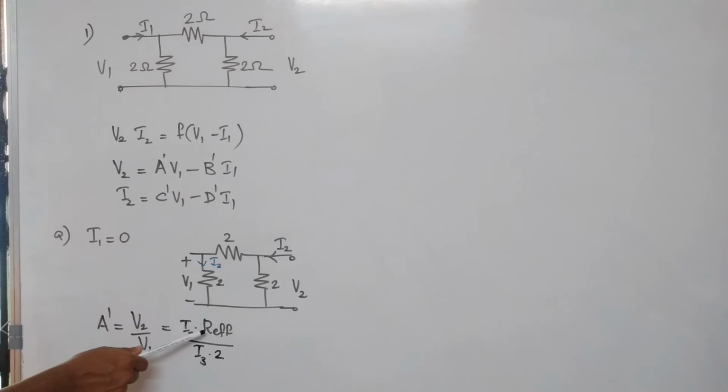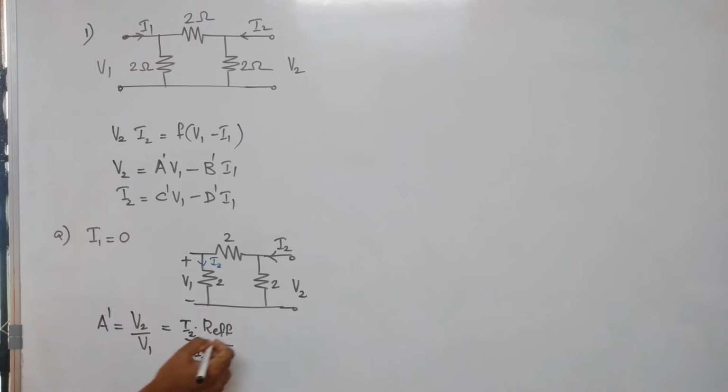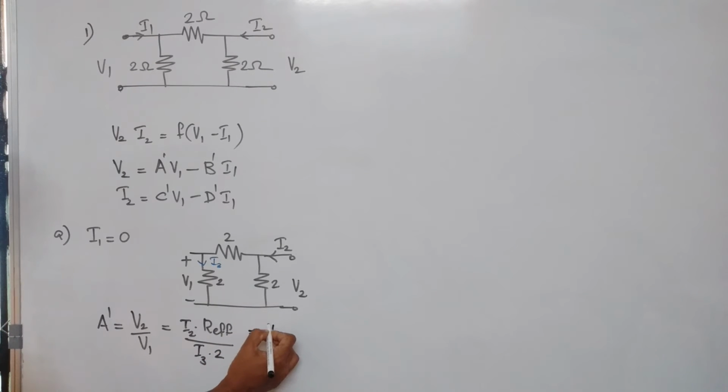Now what is R effective? 2 and 2 is in series, that is 4. R effective is 4 parallel 2, that is 2 by 3. So I2 into 2 by 3 divided by